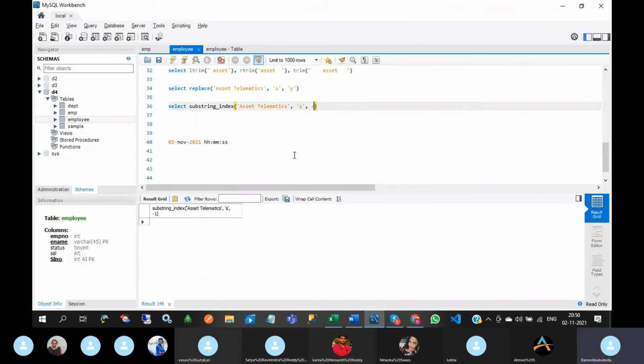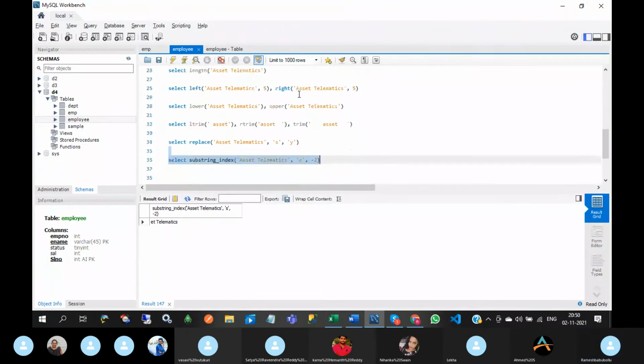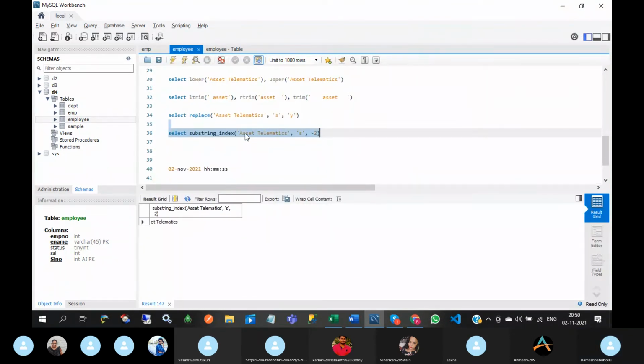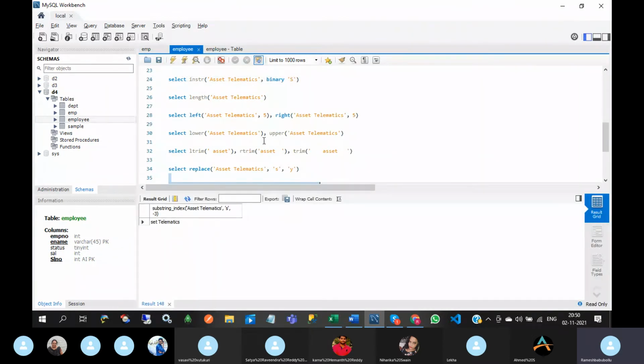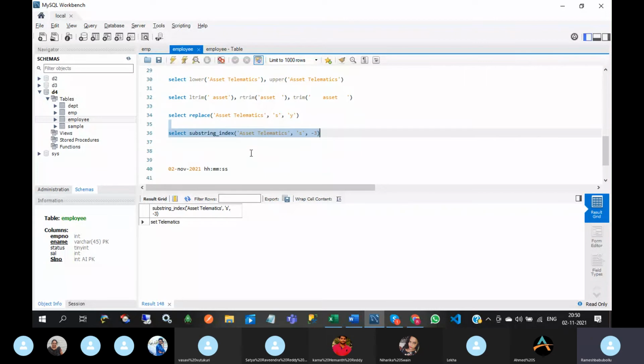If I give -2, that means this one. If I give -3, it will display from here.